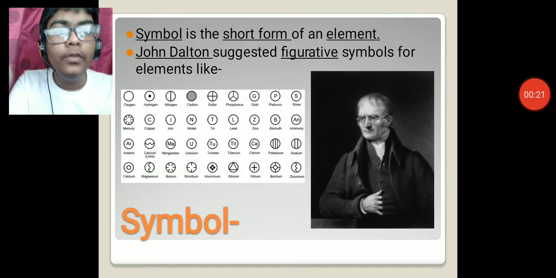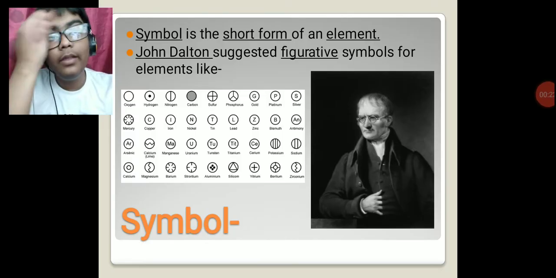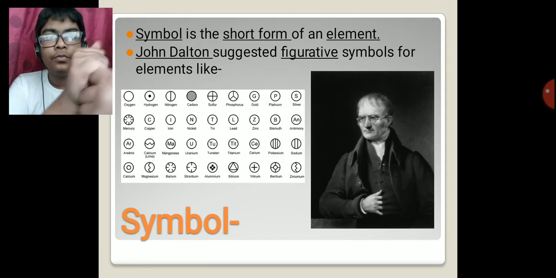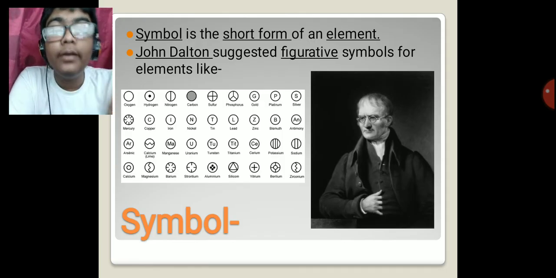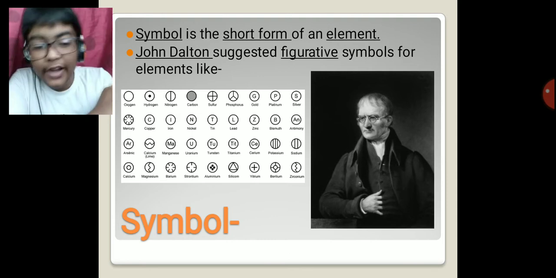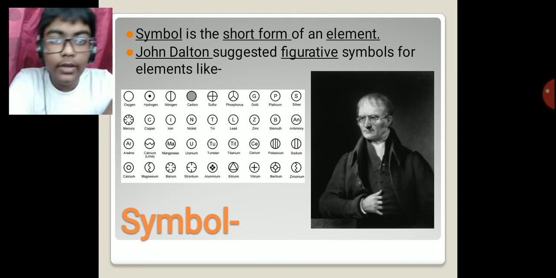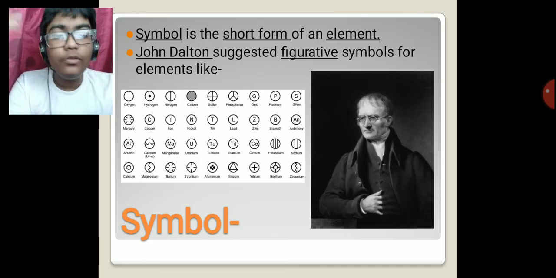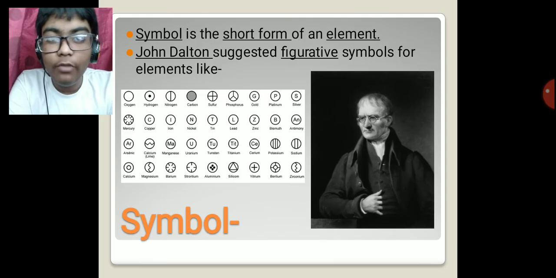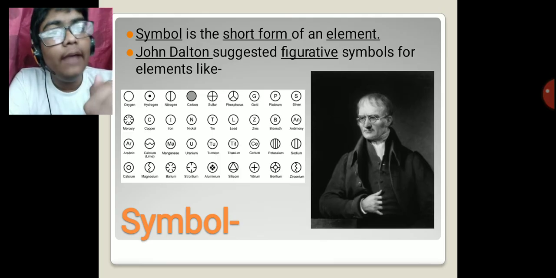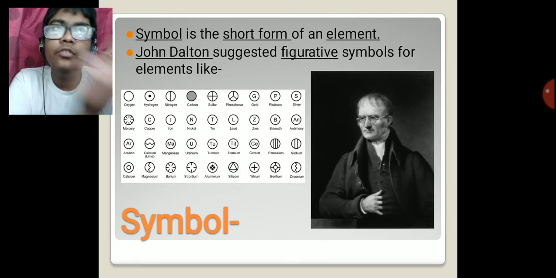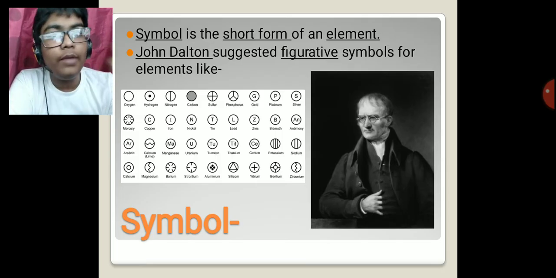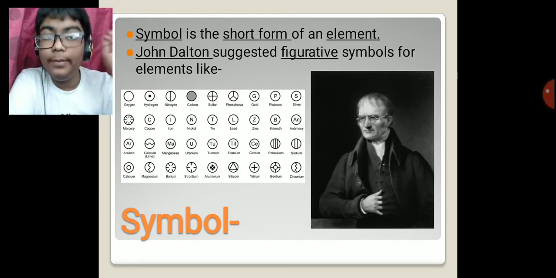Okay, so what is a symbol? A symbol is the short form or an abbreviated form of an element. So, why is the symbol required? Because you can't always write hydrogen, lithium, magnesium, such big names of elements. Always writing them is going to be difficult, especially in chemical formulas. So, therefore, you have symbols through which you can just write a short form of it and you can understand it very well. So, for our convenience, we have kept symbols for the elements.